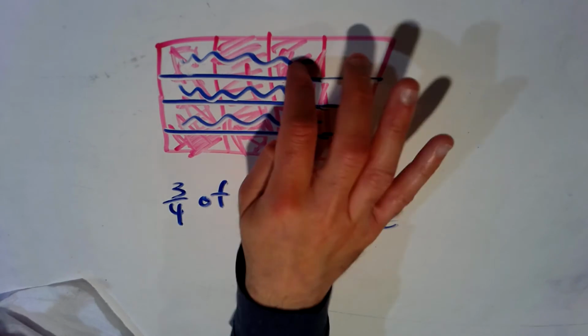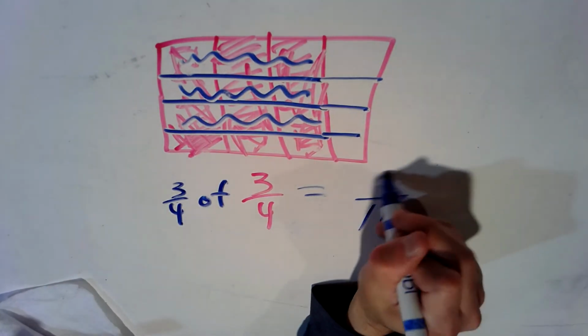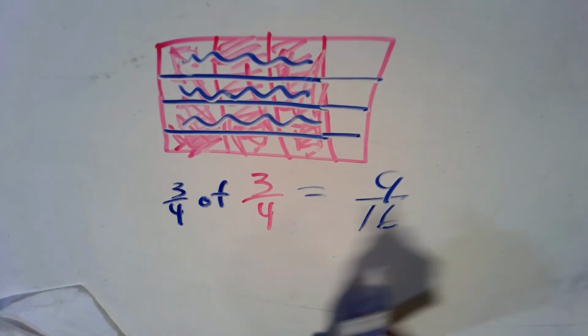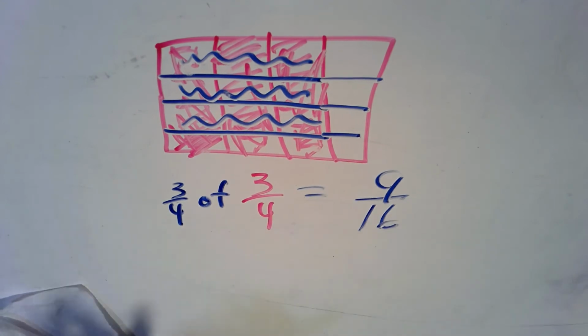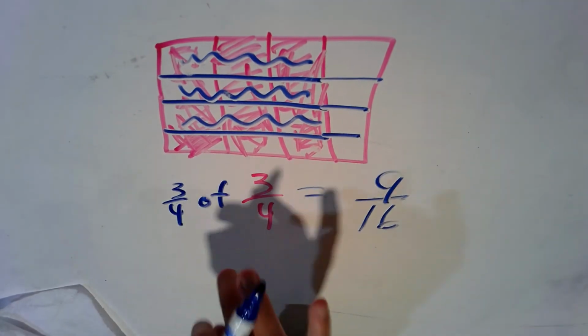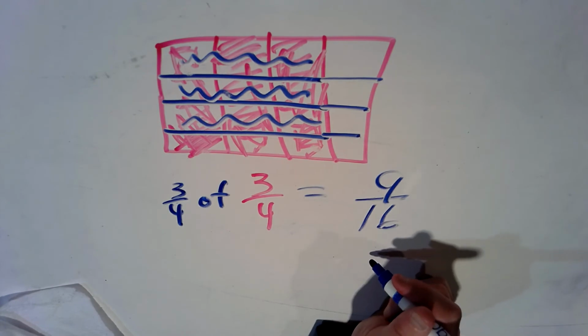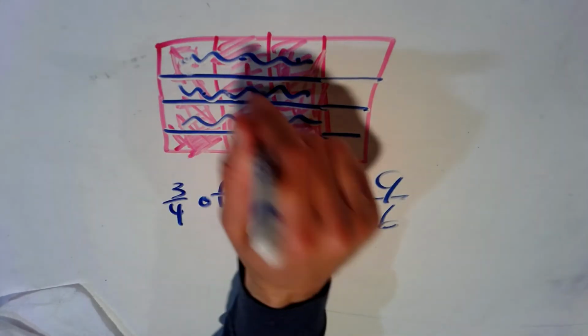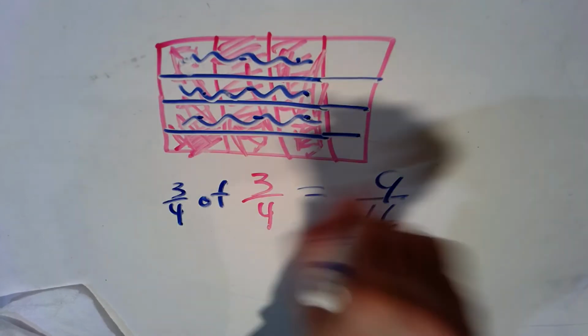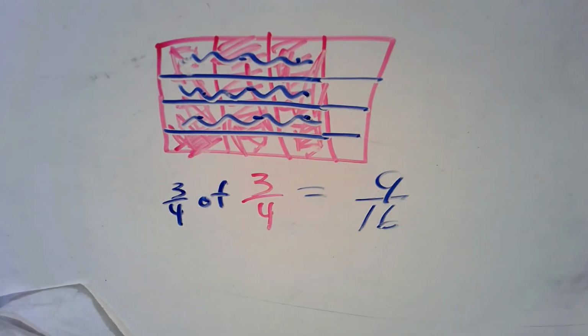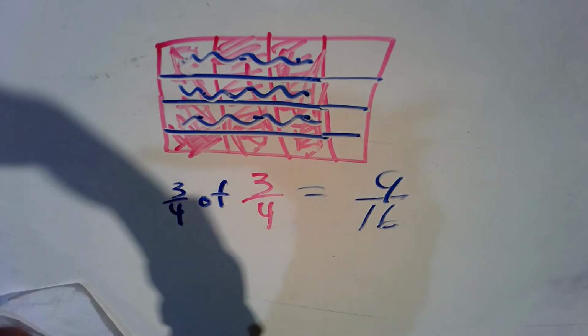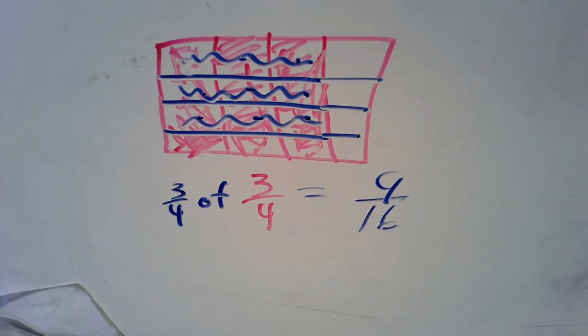1, 2, 3, 6, 9. 9/16, which you could have multiplied across, of course, but I want you to conceptually understand why 3/4 of 3/4 is 9/16. 9 out of 16. That's what 3/4 of 3/4 is. I hope this video was helpful for you, so you'll be able to complete the assignment that I give to you